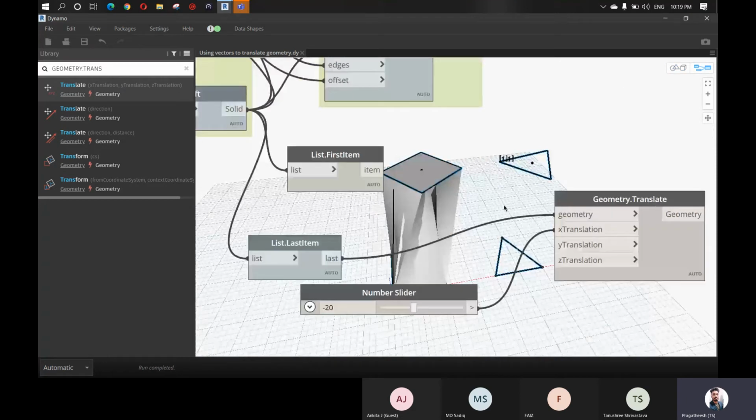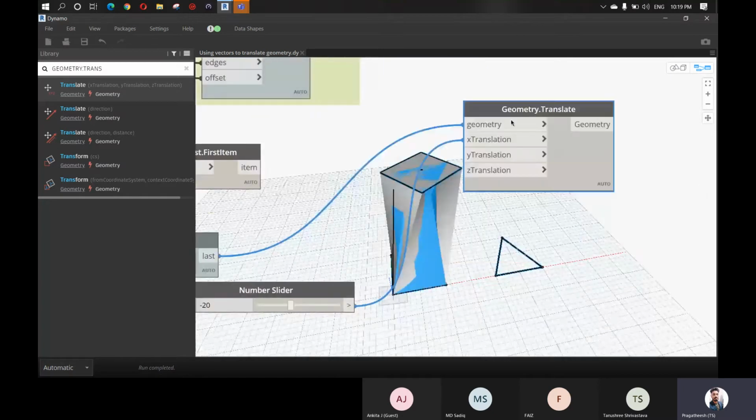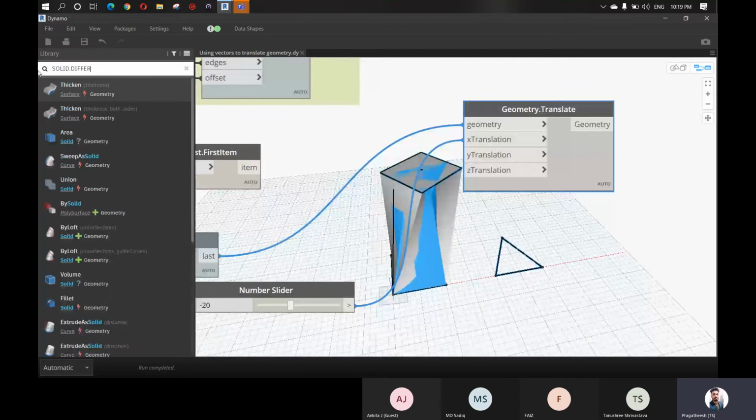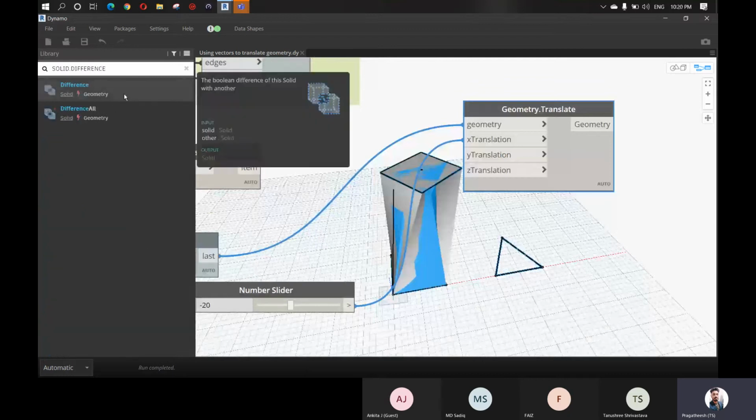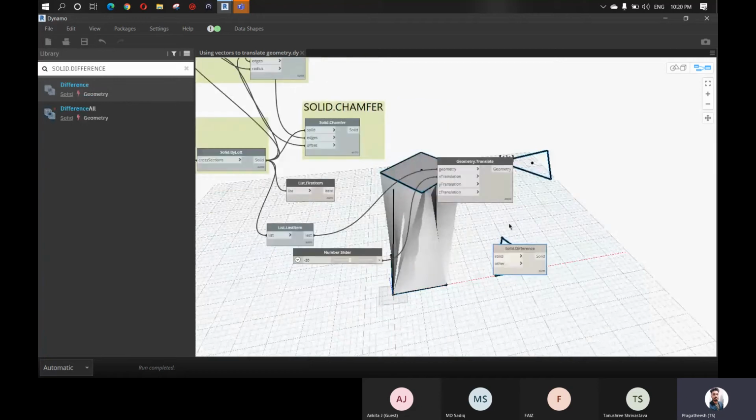Okay, so for that, let's say you can use Solid.Difference. So here, this is my solid, okay, actually this is not the solid.